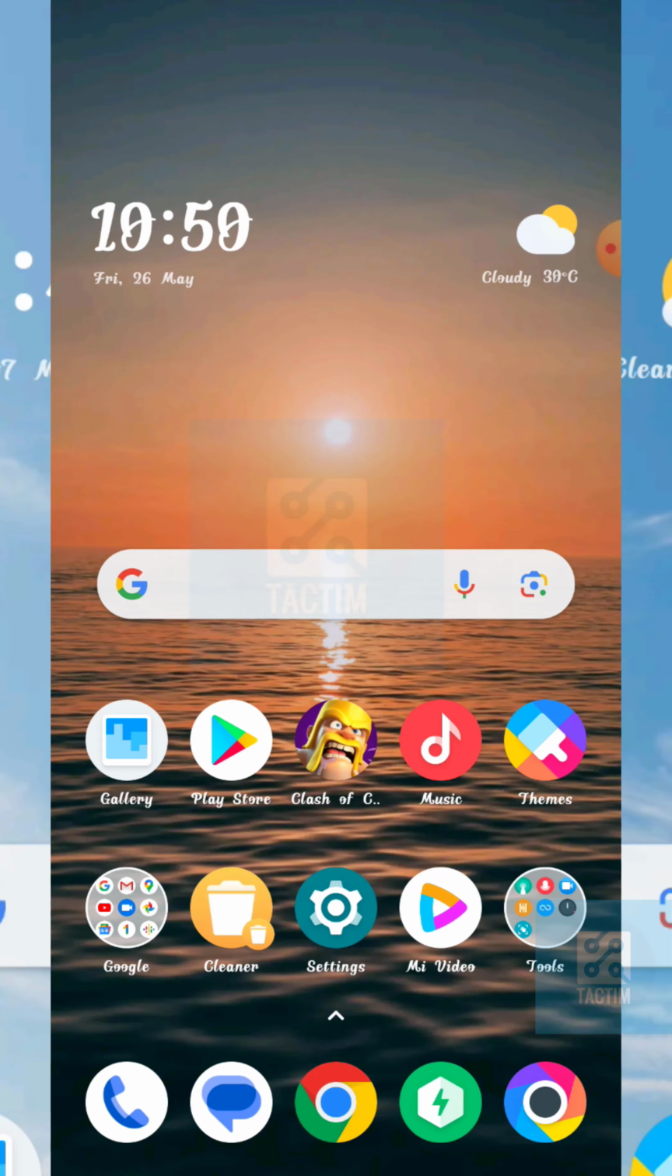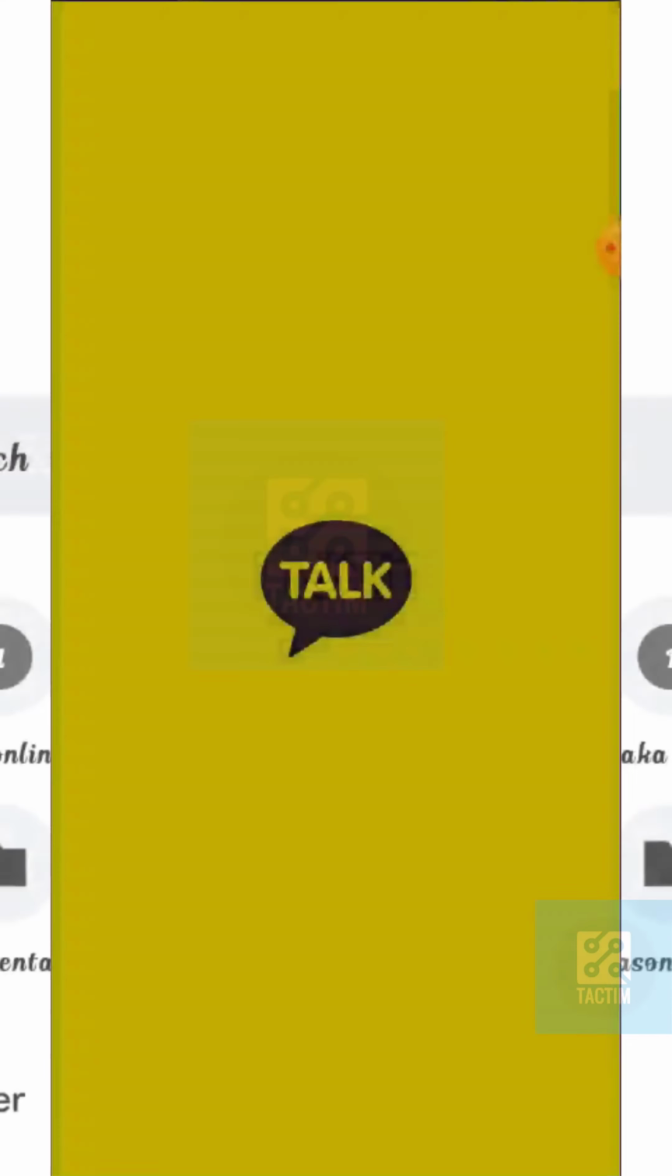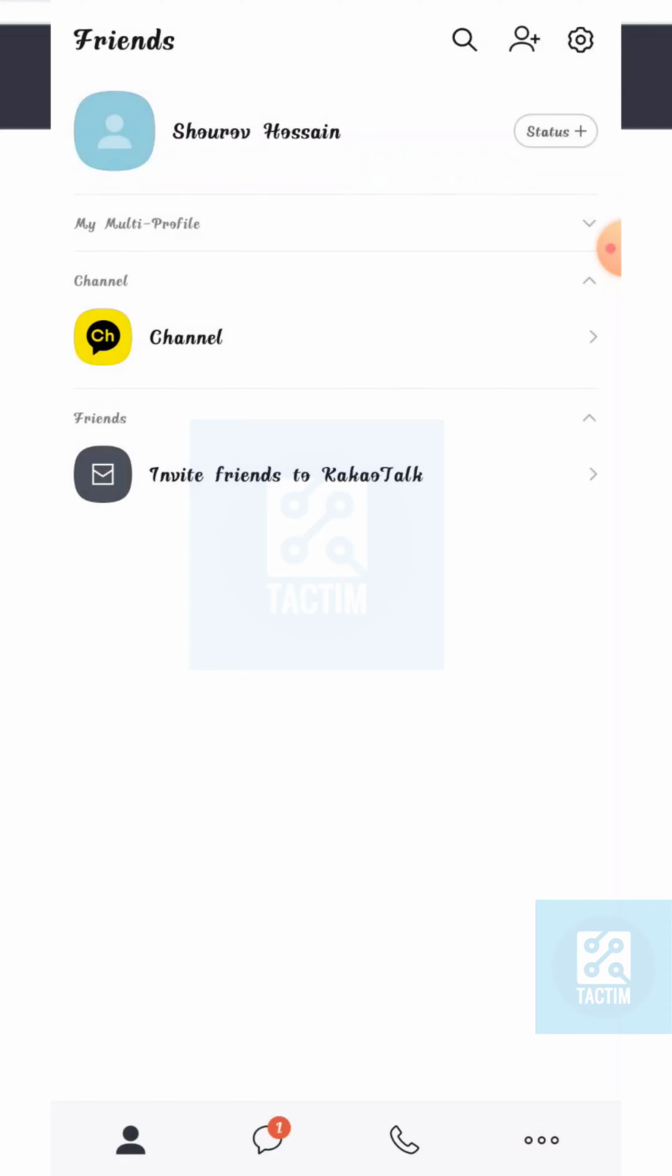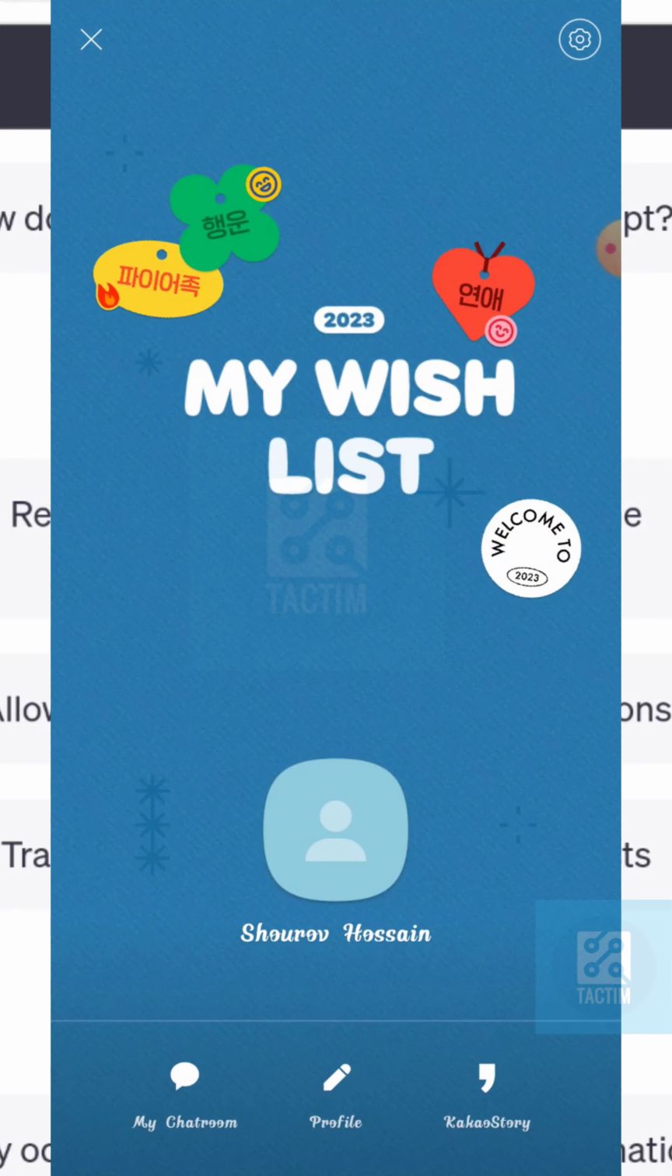Today in this video, I'm going to show you how you can change your Kakaotalk background photo. So at first, just go to the Kakaotalk app. Now in the Kakaotalk app, click on your profile, and after clicking on profile, click on the bottom profile icon,